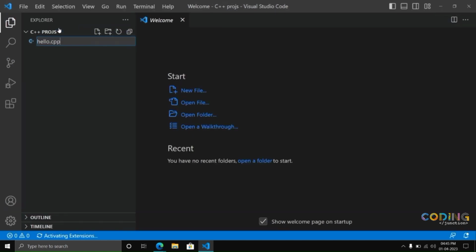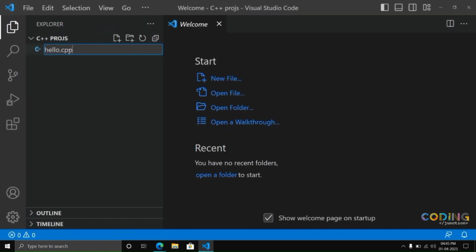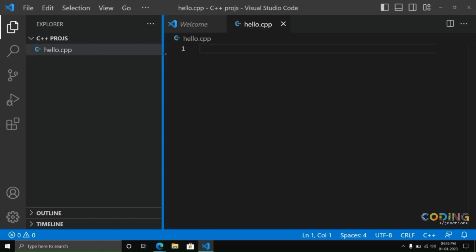Wait, let me zoom in so you can see this properly. I have made a new file named hello.cpp. The name could be anything, but the extension should be cpp, as the extension of C++ files is cpp. Press enter,